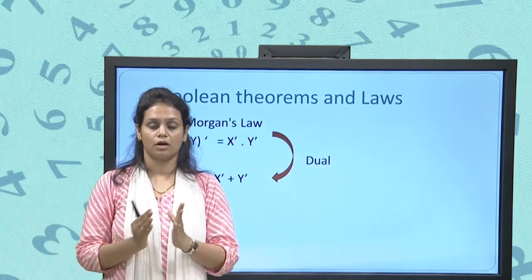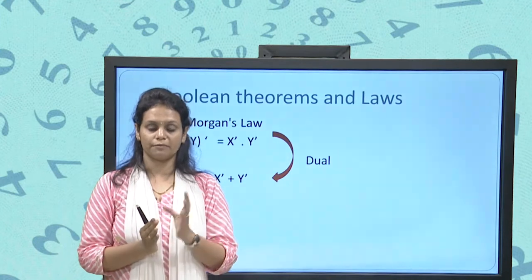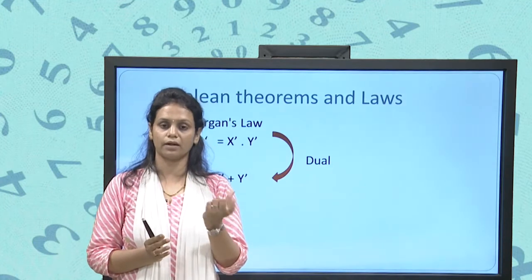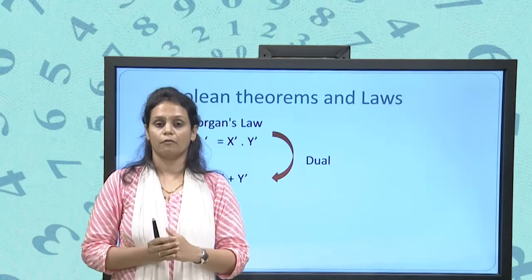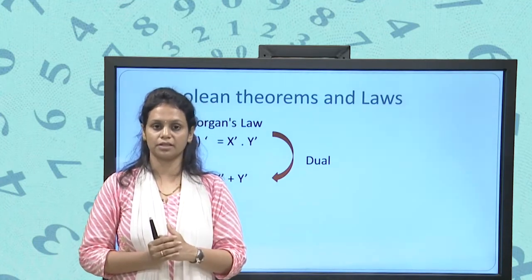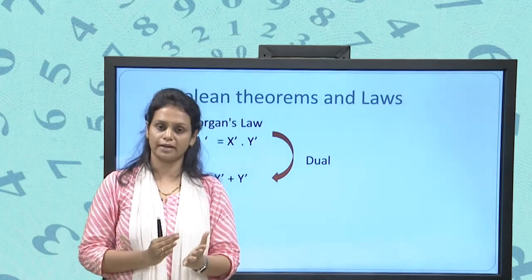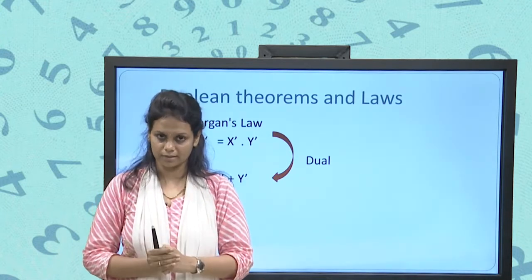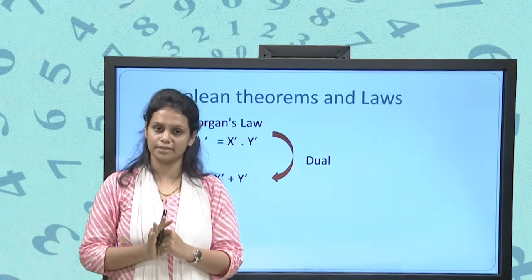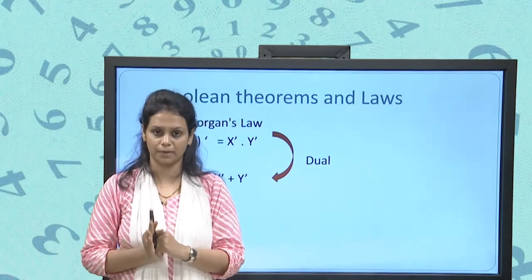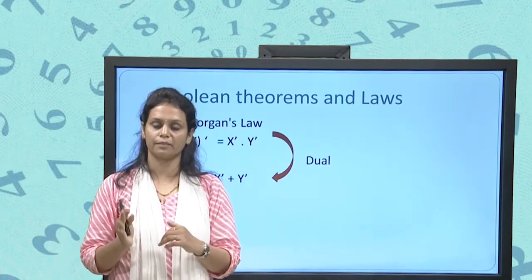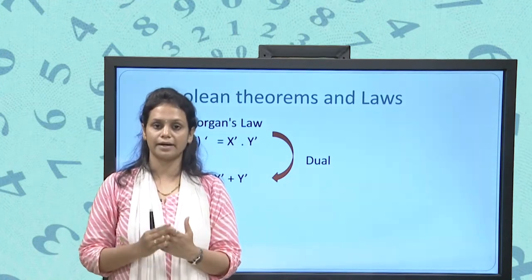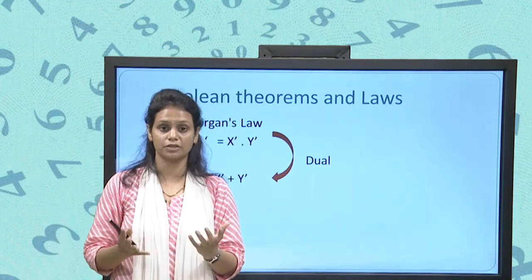Why is it 0? Because if we do the operation of the identity element with any element, it always gives back the same element, like a mirror image. What is the identity element for multiplication? It is 1. In Boolean algebra the same will follow. If your operation is plus, your identity element will remain 0, and if your operation is dot, then your identity element will remain 1. Why so?